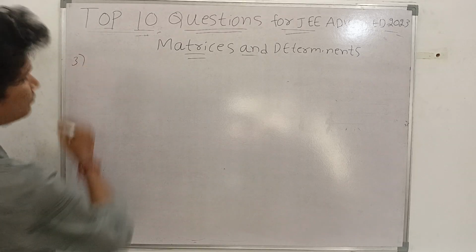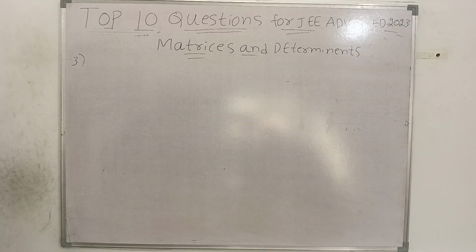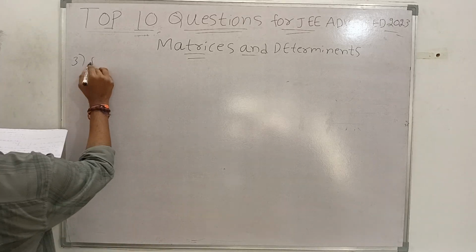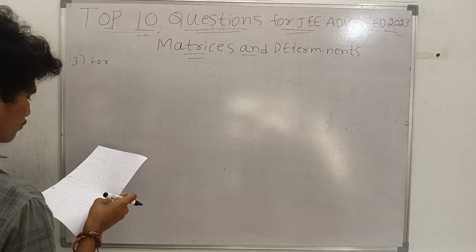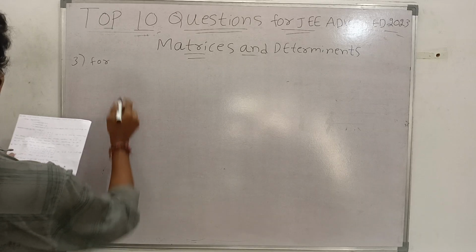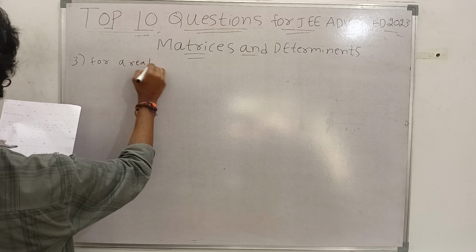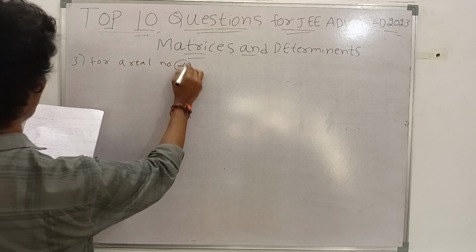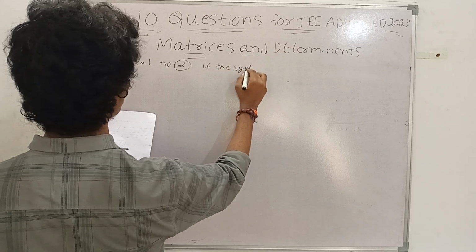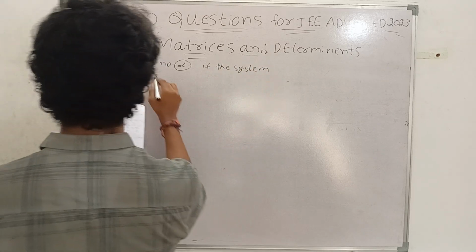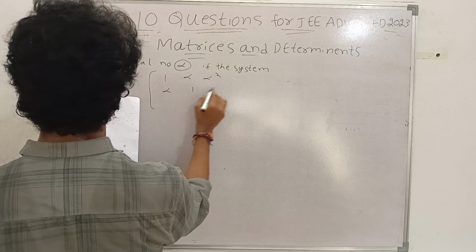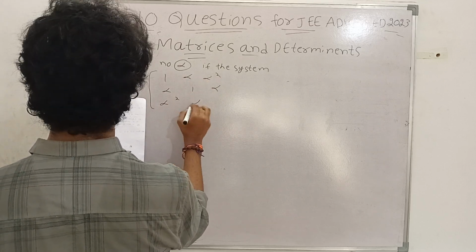Next, third question. For the problem which we did before, that is also a determinants question. For a real number alpha, if the system with matrix rows 1, alpha, alpha square; alpha, 1, alpha; alpha square, alpha, 1,